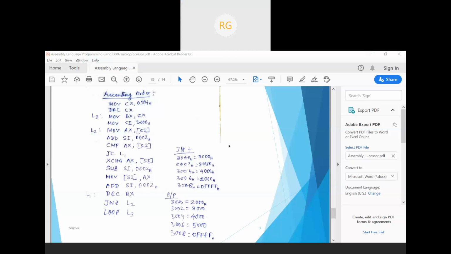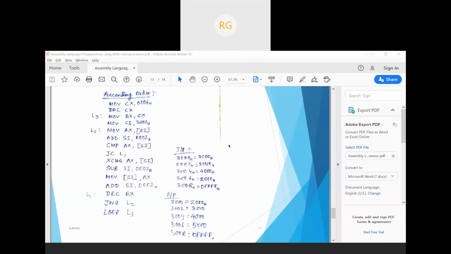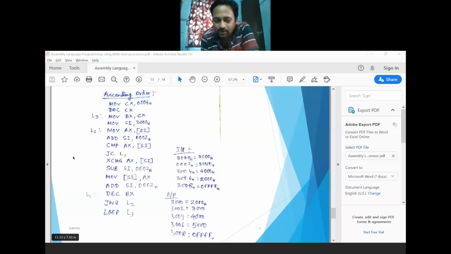Sir, then why are we not directly uploading? That's why it is given. Rightly, I had not decided that I need to use the loop instruction. So that's why initially I have taken 5. It is wrongly mentioned 4. It will be 5 and DEC CX. If a loop is not used in this position, you need to go back to this position.